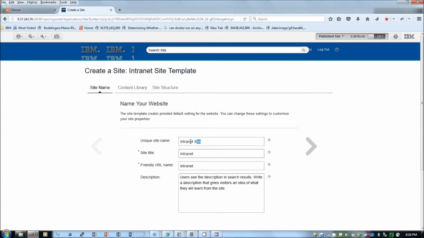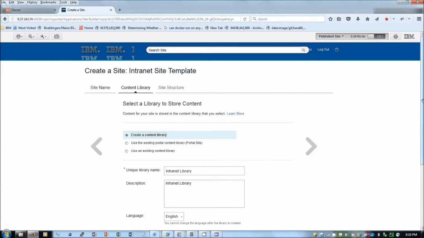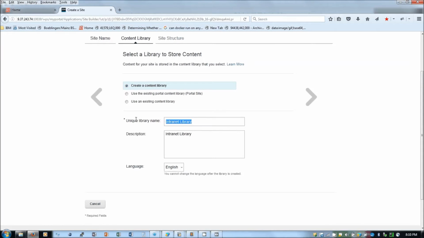You need to provide an intranet site name, a site title and a friendly URL, and a library name for your intranet website, and then select the language.